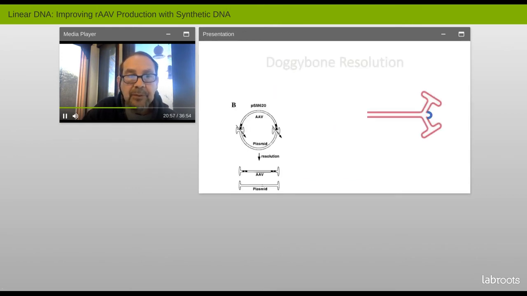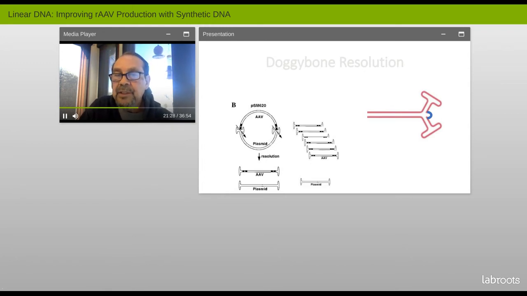If you advance even further, you'll see that by the same mechanism of Doggybone resolution, on the left-hand side, you'll see the original concept of how AAV resolves out of the plasmid, and those plasmids amplify. And if you advance again, there's still the ITRs attached to the plasmid sequence, and that gets packaged based on packaging size. However, on the right-hand side, you see our so-called Doggybone resolved material, and I'm only illustrating this by showing the right-hand end of the genome, in which the ITRs are held together by this 28 nucleotide telomere element.